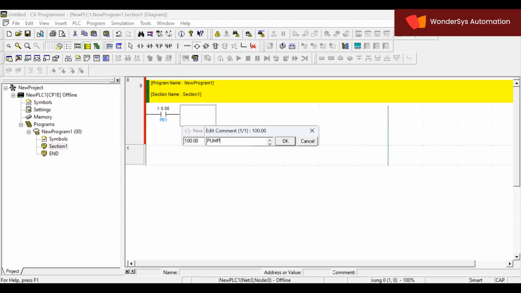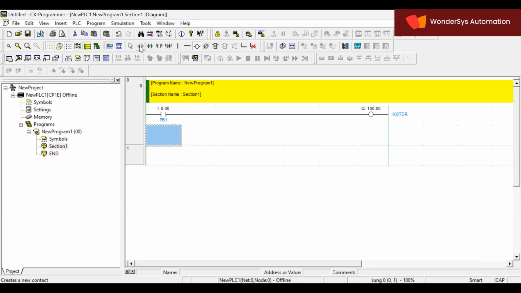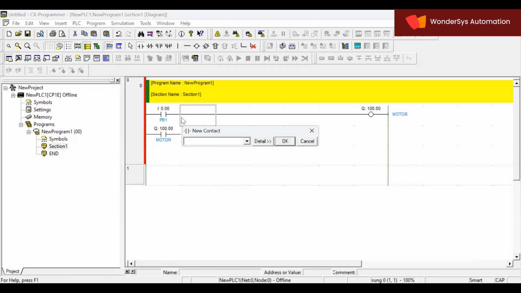So let's consider this as a motor. Now I am latching it. So by considering the output again. Now this is latching. So if I use another push button,